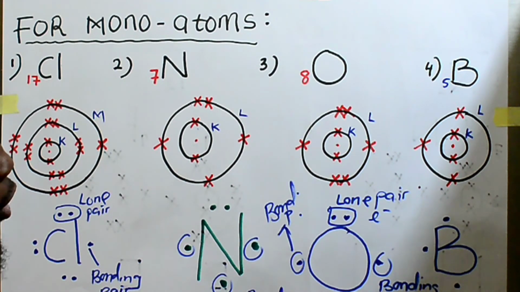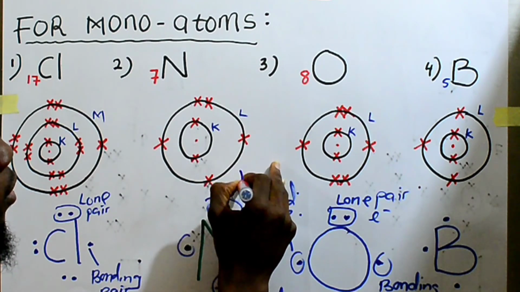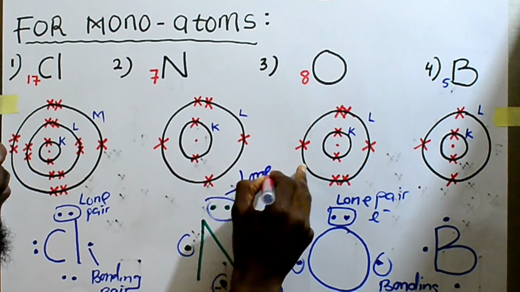Here is the lone pair for nitrogen. So this is how to draw the Lewis dot structure for monoatomic